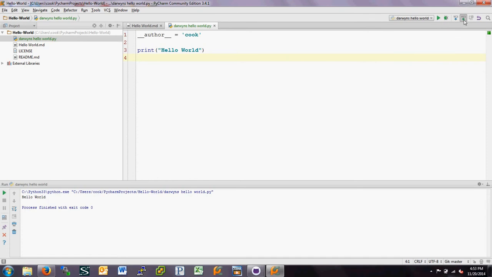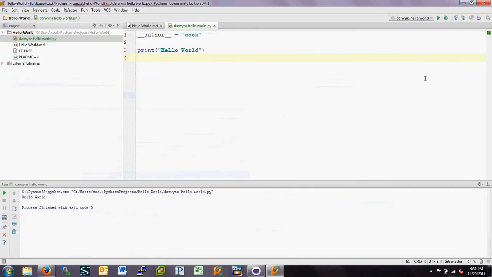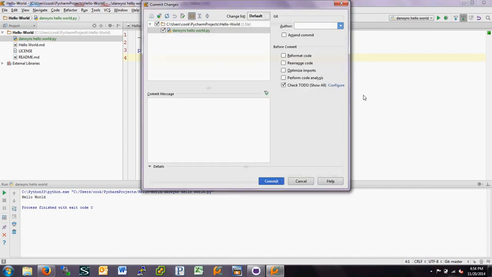So to do that, I can come up here to my version control system button. So I got this activated by setting up GitHub in PyCharm like I did in the previous video, and by making sure that I am working in this hello world directory that was created by Git. One thing that I should have mentioned before, it's also crucial that when you do this cloning, that you clone from the forked branch. If you clone from the original branch in the CSCI 156 course, what I'm about to do next won't work because you won't have permission to send your stuff up to that repository. So I'm going to commit my changes,